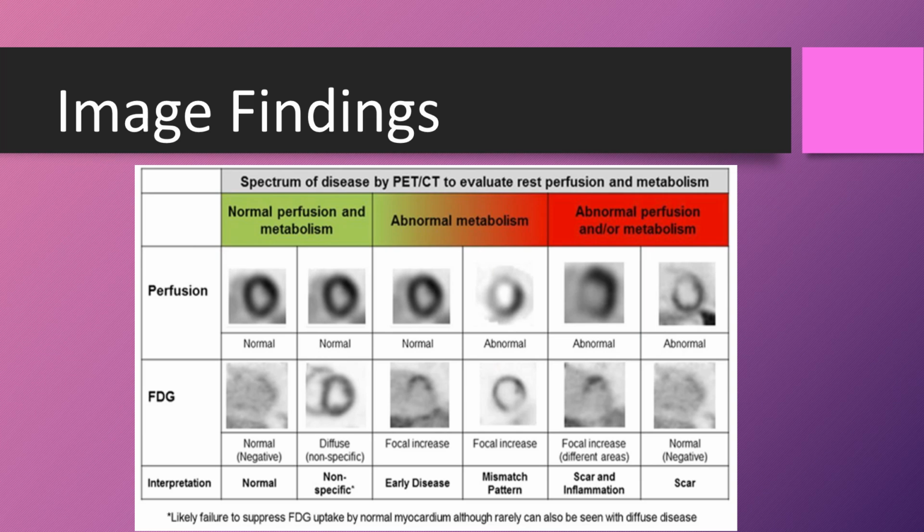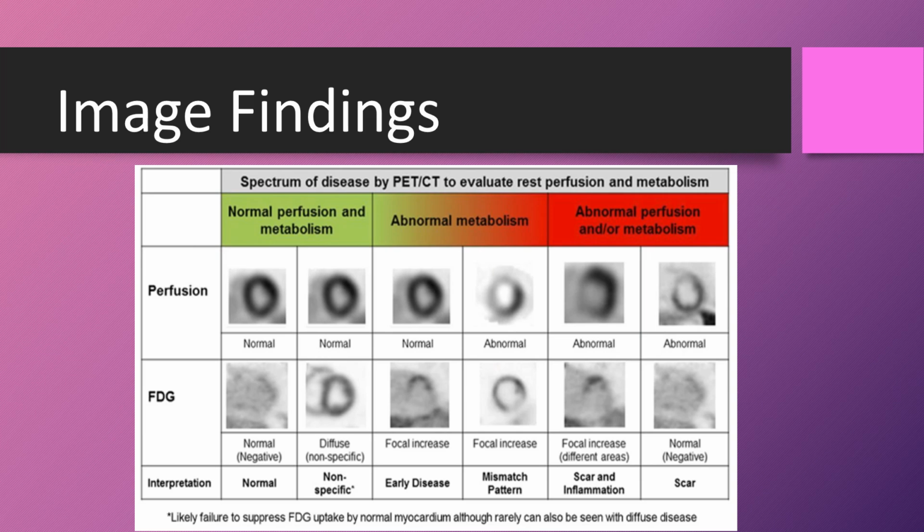That's a negative study. If the perfusion images look normal and then there's diffuse nonspecific uptake in the myocardium by the FDG, that is nonspecific uptake. This is likely failure to suppress the FDG uptake by the normal myocardium,